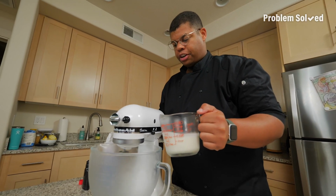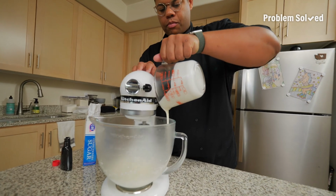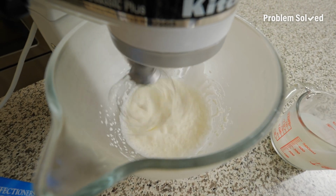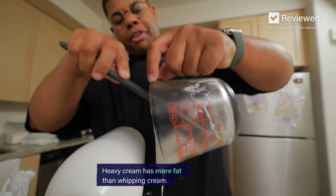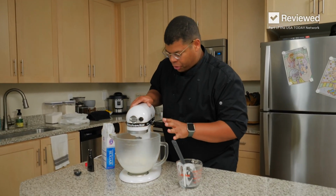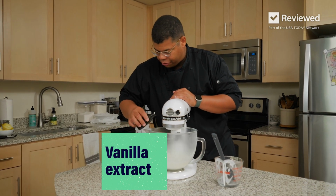Get that mixer started on low and add in our cold whipping cream. You can use heavy cream or whipping cream. The difference is just the amount of fat content. After that whipping cream goes for just about a minute, you can add a dash of vanilla for flavor